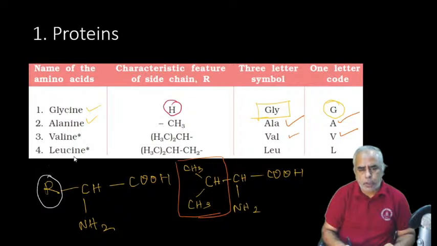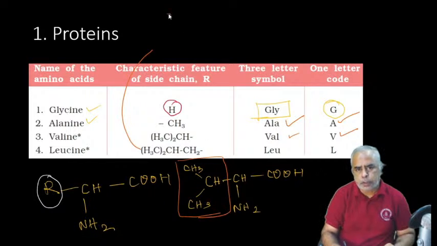And what about this leucine? So what is leucine? You just count the substitution, the number of carbon atoms in the substitution. 1, 2, 3, 4. That is butyl group. But how it is arranged? This is an isobutyl group. Are you able to understand? There are 4 carbon atoms. It is arranged, let me draw here,